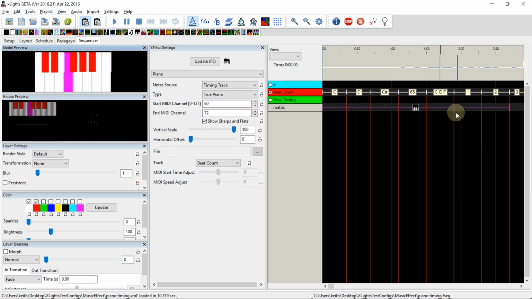So yeah, a much more accurate way, probably a little bit more tedious to set up, but it should give you much greater control over how your piano displays and how accurately it displays the notes that you'd like to display. Most songs are pretty simple, most songs are pretty repetitive, so with a liberal use of cutting and pasting,